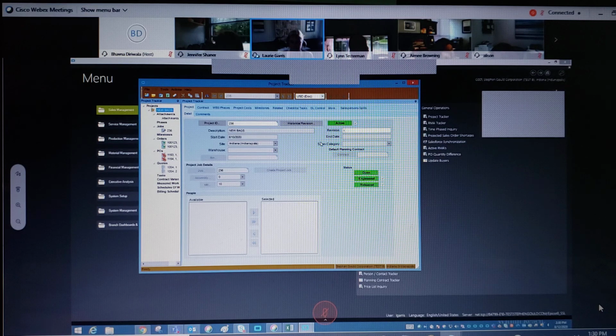So like I said, either use the purchase order tracker or your project tracker or your supplier tracker to find any open POs that haven't been received yet. And then we're going to go through the receipt process. Some of you had POs out there that weren't linked to projects. I went ahead and did that too last night, but I didn't do any receiving or anything. I just linked them to projects. So if everyone will use one of those methods to find some purchase orders that you haven't received yet,